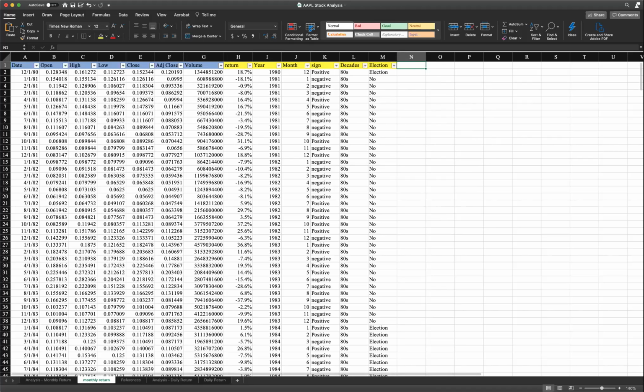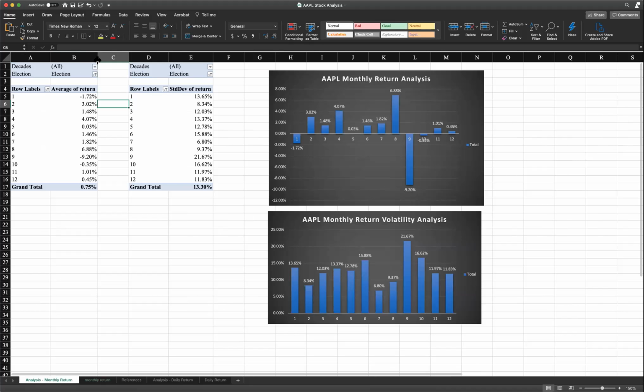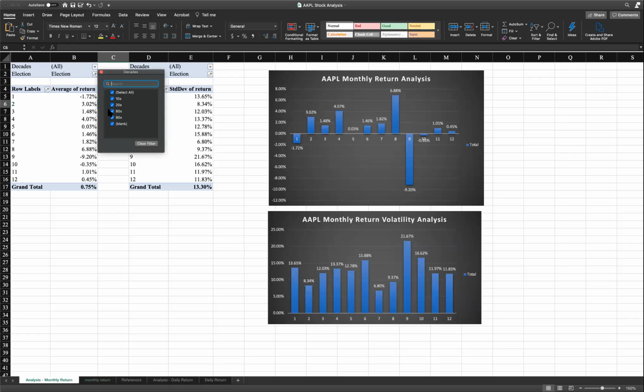So once you've done this, you effectively created what I call the data analysis for the monthly return, where you have so many different risk variables, right, to do this. And also, the thing is, guys, so far I include the election, and I said you guys can do recession. What other factors can we include? Well, there are so many factors we can include, yes or no, right? So once you include all the factors, and then this is just one stock,